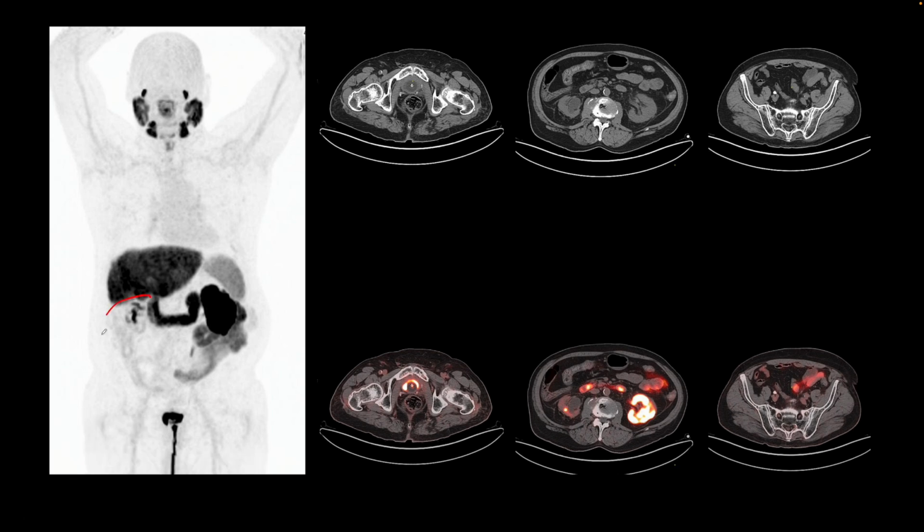There is some asymmetry right here. There is not as much uptake and excretion from the right kidney compared to the left. A Foley catheter is in place, and on cross-sectional images, we see the bulb of the Foley catheter. We see post-surgical changes from the prostatectomy. There is no evidence of focal uptake to suggest local recurrence or metastatic disease in the pelvic nodes, bones, or any other soft tissues. The interesting finding here, and this is a finding that was missed by the reading physician,